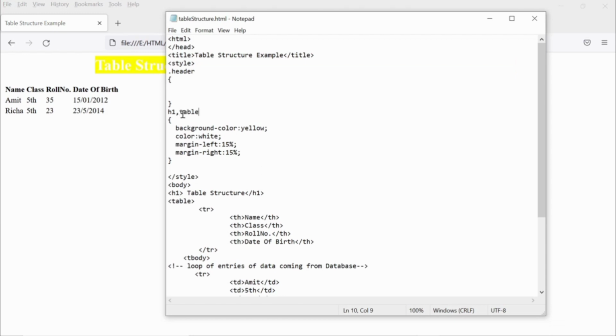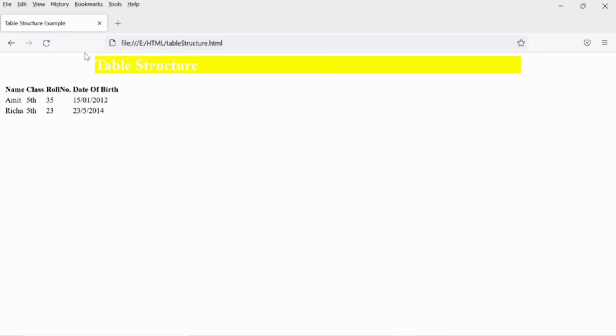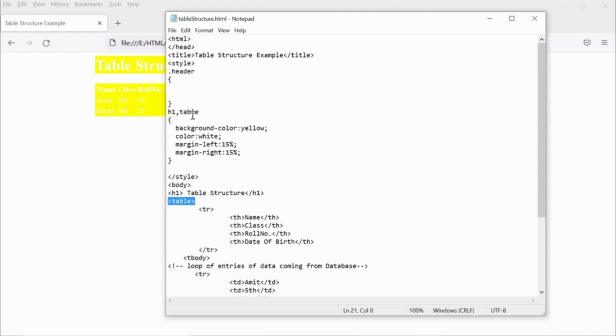So now you can say for the table, I will show you. Yep, there we go. For the whole table element, it automatically maps the CSS background color, margin left and margin right to the table.